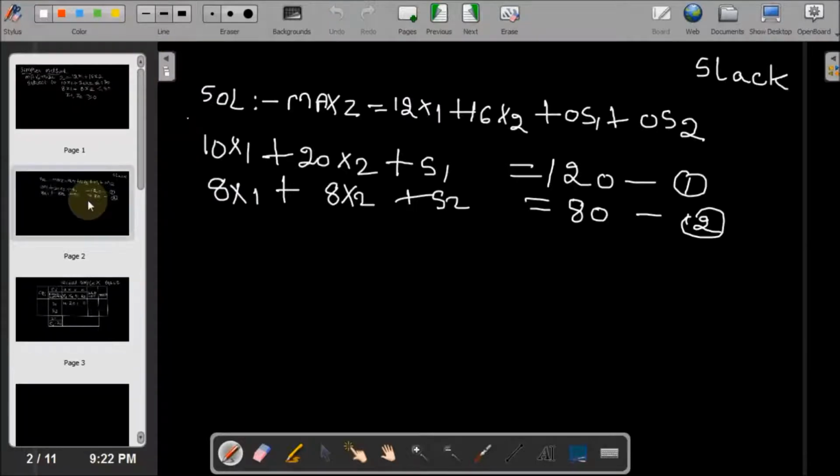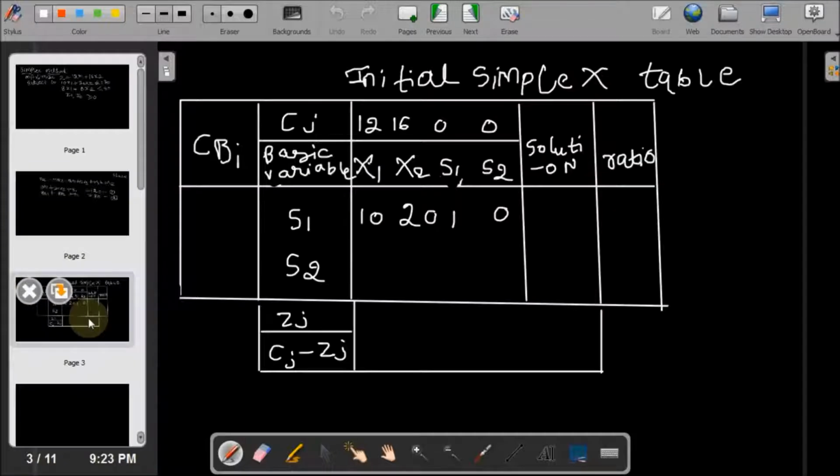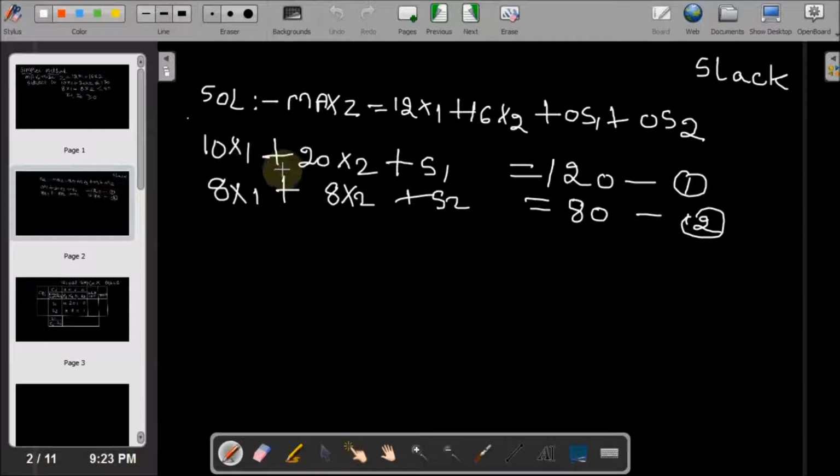In the same way, what are the next values for the coefficients x1 and x2? 8x1, 8x2 plus s1 is not there, s2 is there. So see, I will write that. If you get any doubts, please post your doubts in the comment section. So 8x1, 8x2. S1 is not there in the second constraint, so 0. But S2 value is what? 1. Getting, guys? So I filled the values for the coefficients. You can see, very simple.